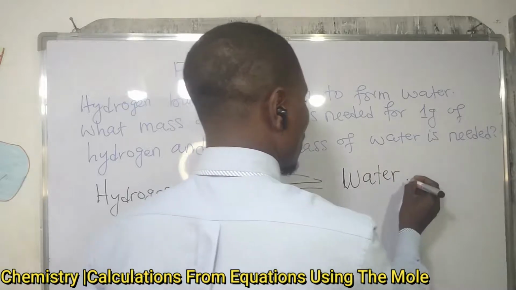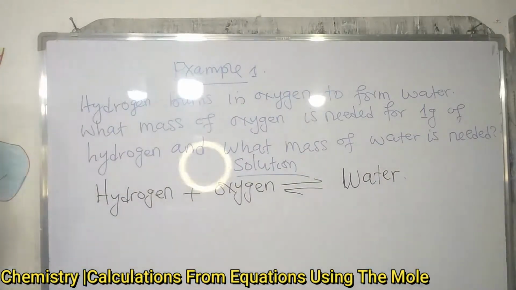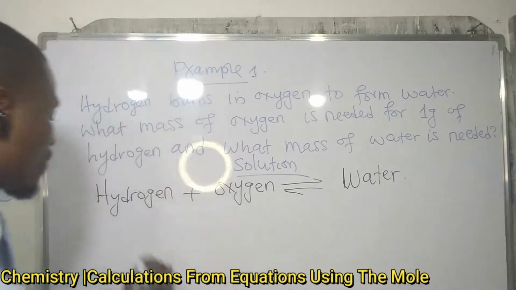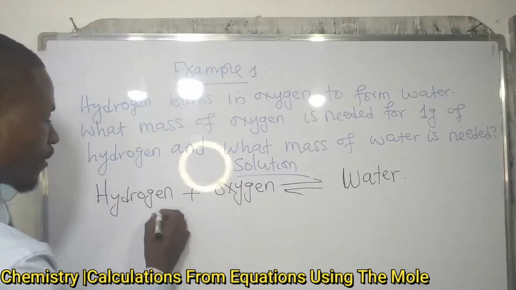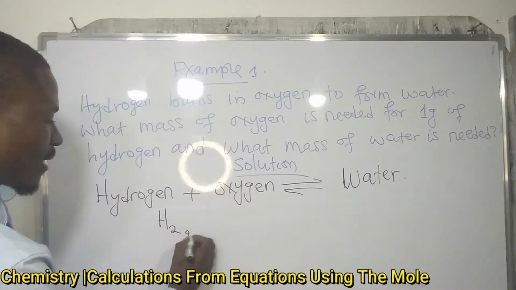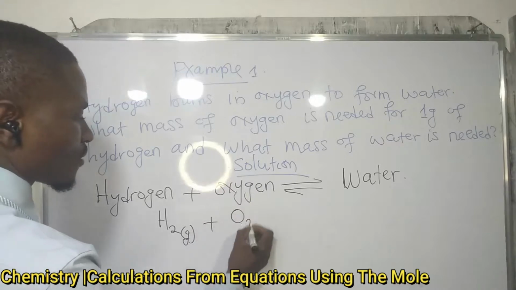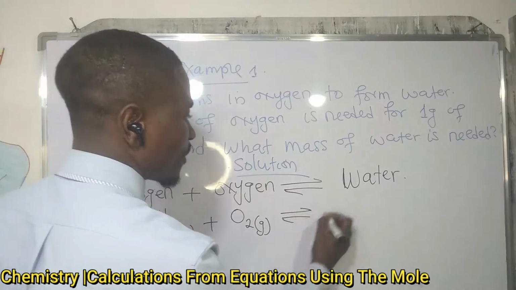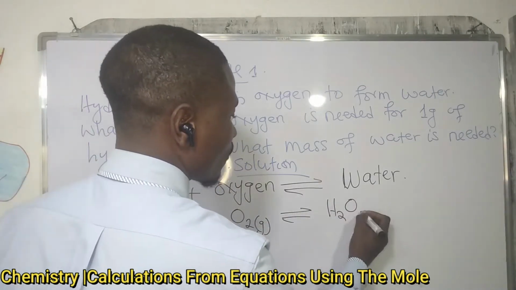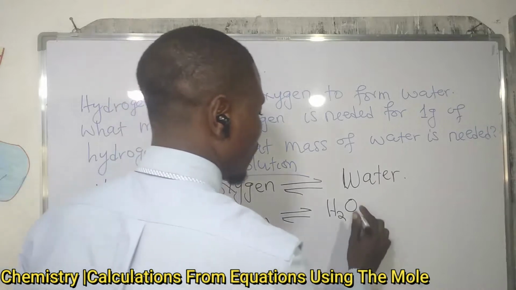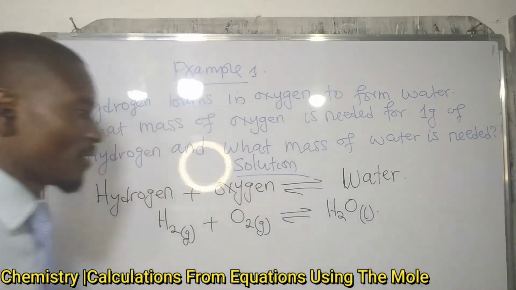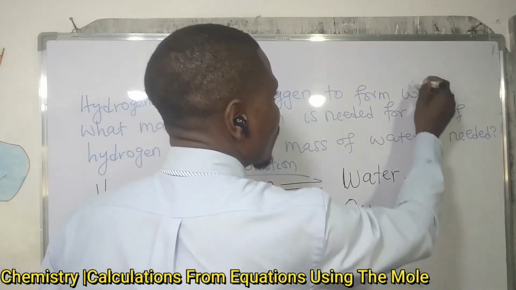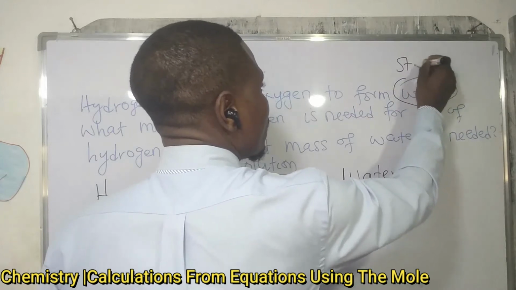Then convert this to the chemical equation: hydrogen, which is a gas, plus oxygen, also a gas, forming water. This water can be liquid, unless they say it forms steam. Make sure the water, if it was steam,